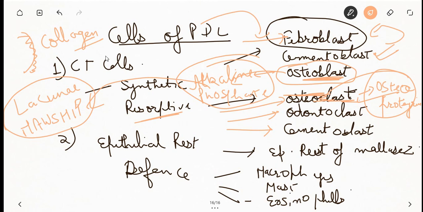Cementoclasts resemble the osteoclasts. They are located in shallow lacunae. Since constant deposition of cementum occurs, these cells are not seen during the normal functioning of the cementum. They have a few ribosomes, little rough endoplasmic reticulum, and a ruffled border.